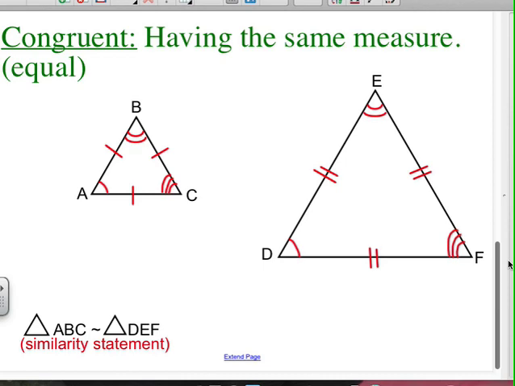So if I'm looking at the sides of triangle ABC, do you see how each of the sides has one tally mark or one tick mark? Right here, right here, and right here. Because they each have one, that means whatever AB is, we don't know, but whatever its length is, BC is the same and AC is the same because they each have one tick mark. Okay? And if I look over at triangle DEF,